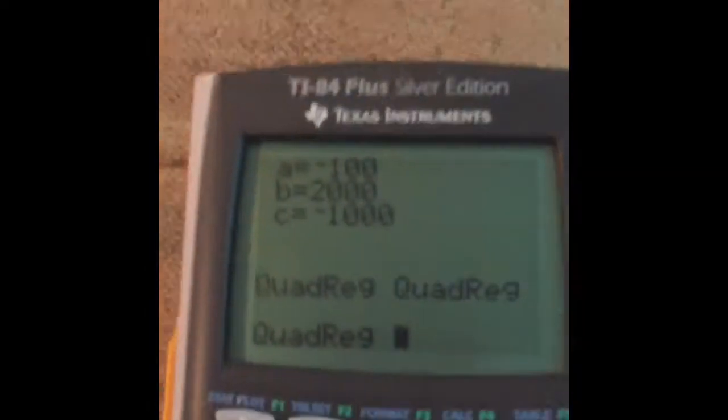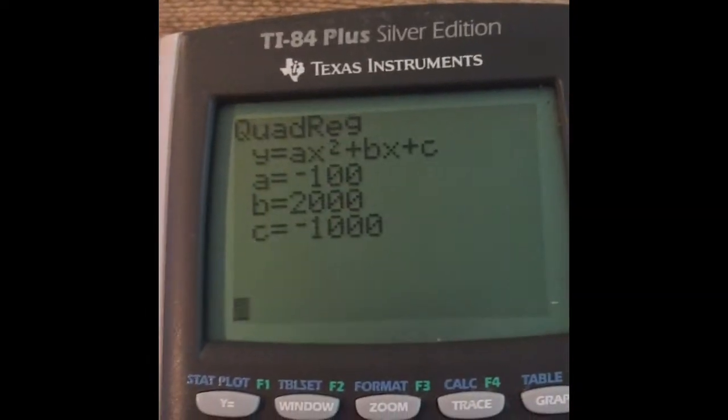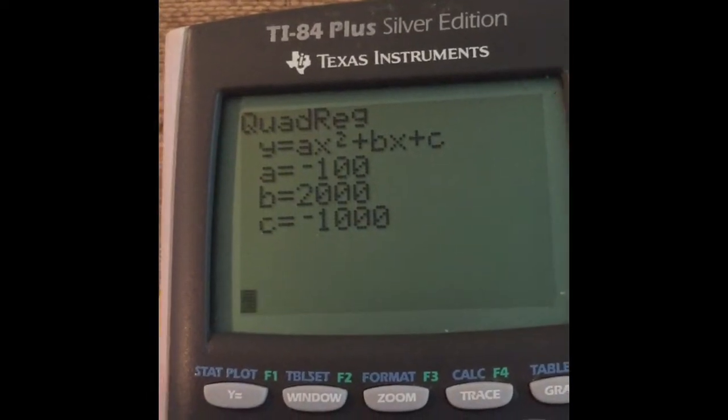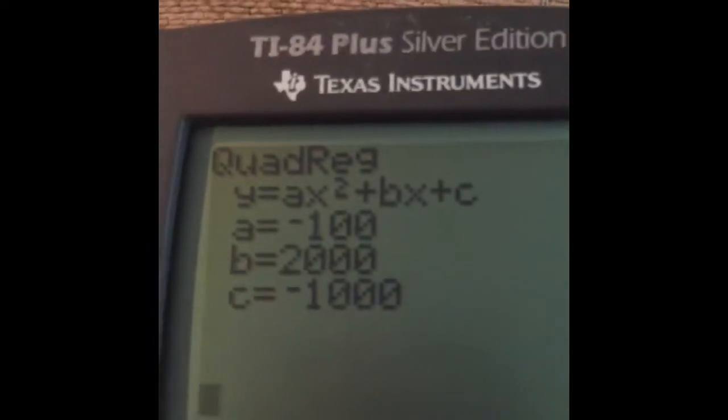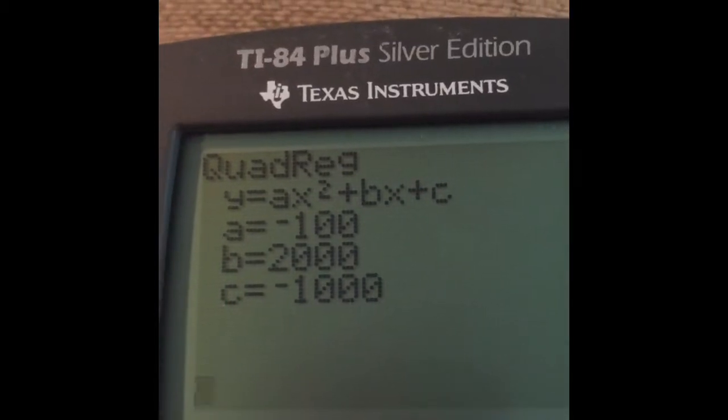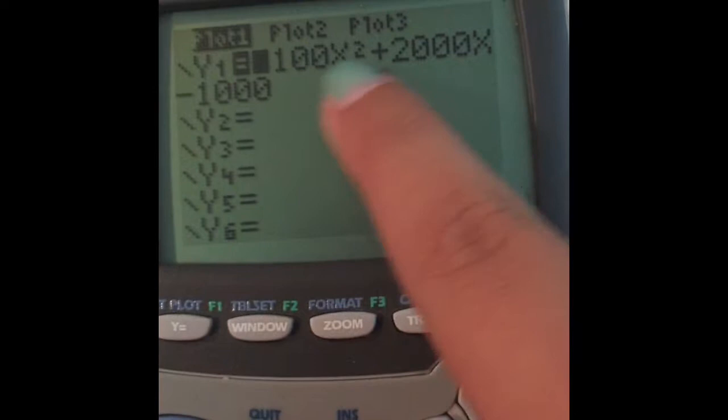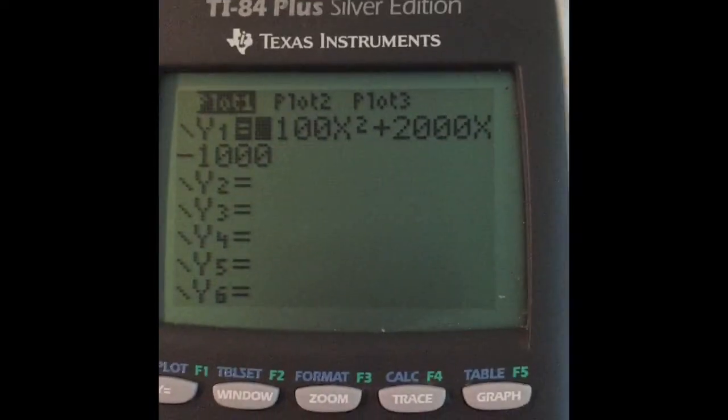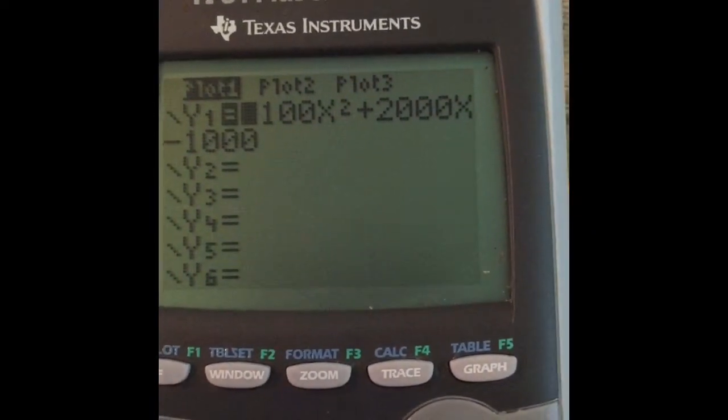and then number 5, you go down to number 5, which is quad reg, and then you press enter, and then you press enter again, and then you write down the numbers that you get, so A, B, and C. You write down those numbers, and then you plug them into the y equals ax squared plus bx plus c, and then once you plug in those numbers, then you're gonna